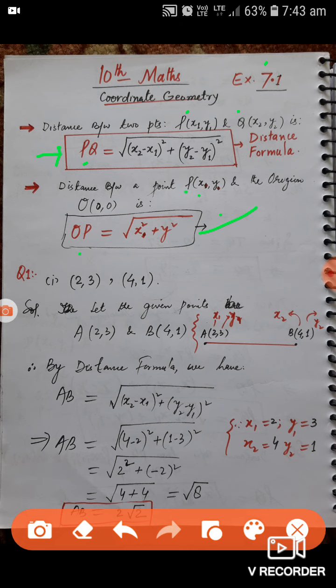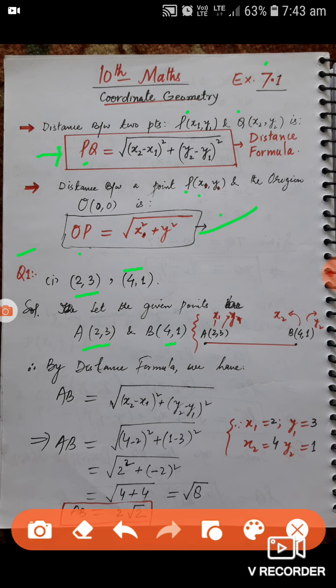Now let's come to the question number 1 of the exercise. That is, we have to find the distance between 2 points whose coordinates are 2, 3 and 4, 1. Now let's name the points first. Let the given points be A and B. Let A has coordinates 2, 3 and B has coordinates 4, 1. Now we have to find the distance between these 2 points